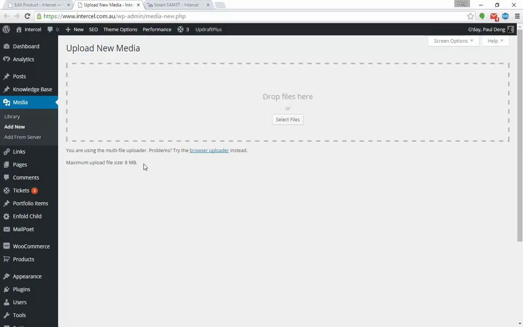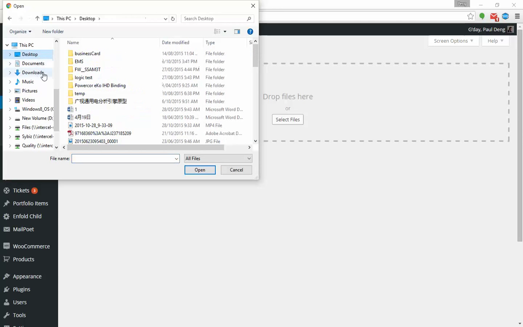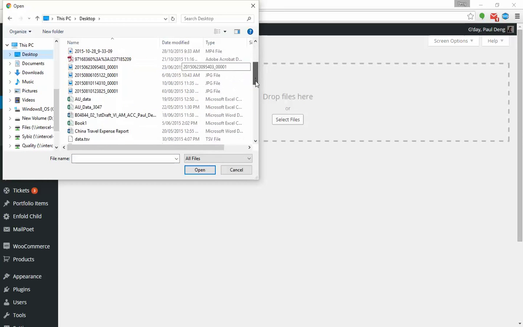If it is greater than 8 megabyte, I'll use the Ventura IP backend to upload that. Please see another video tutorial that I send it to you. But if it is less than 8 megabyte, you can select the file and find out the firmware file you